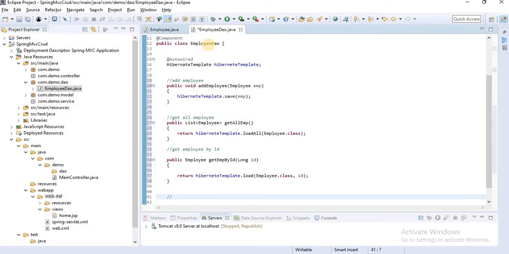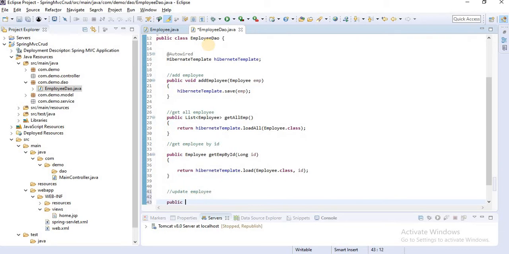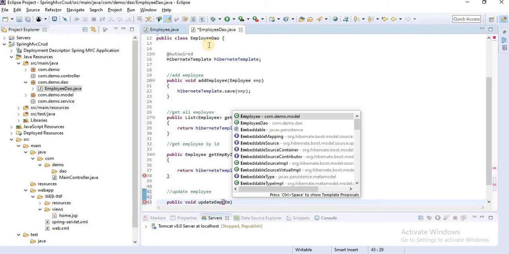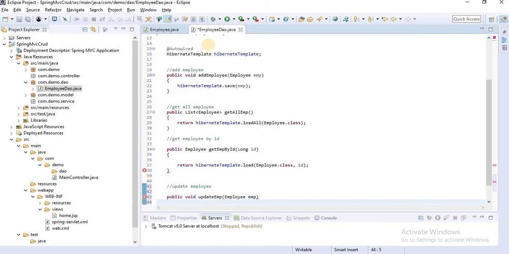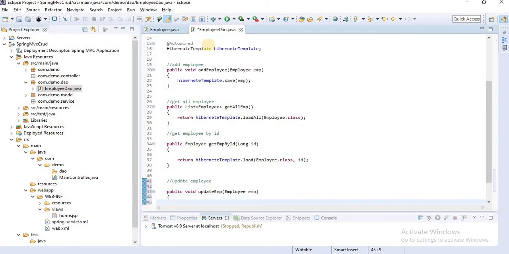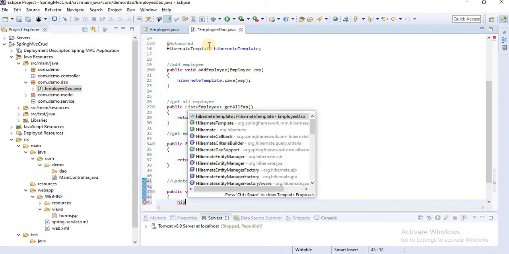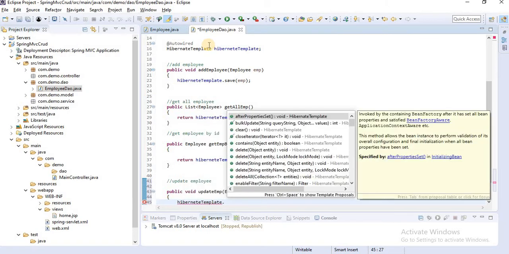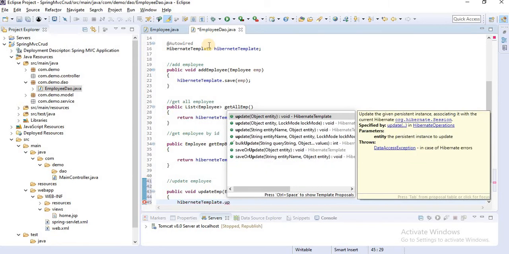Then we have update employee. Okay, public void updateEmp, with the employee object, Employee emp. hibernateTemplate.update, update entity.